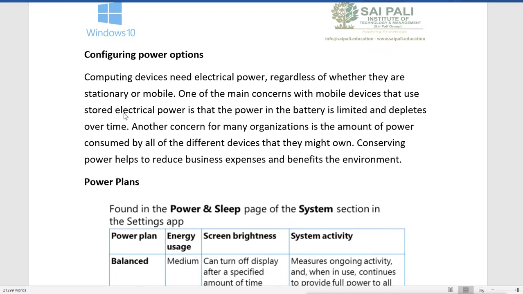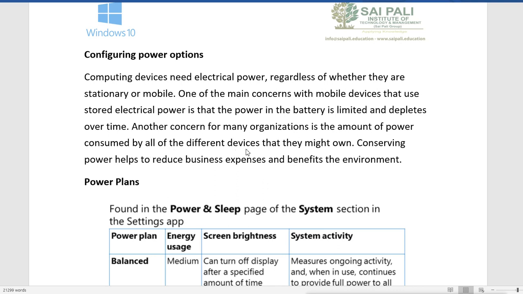Computing devices need electrical power, and regardless of whether they are stationary or mobile, one of the main concerns with mobile devices that use stored electrical power is that the power in the battery is limited and depletes over time. Another concern for many organizations is the amount of power consumed by all the different devices that they might own.